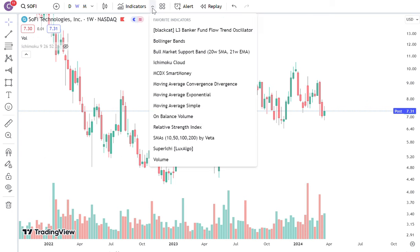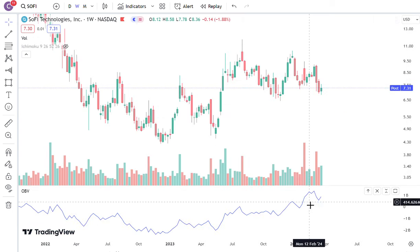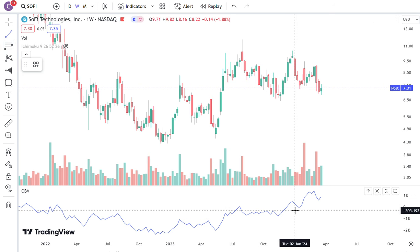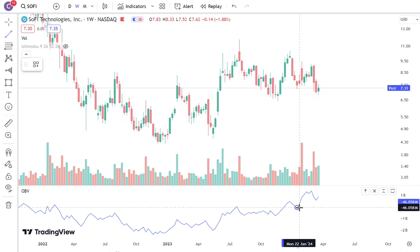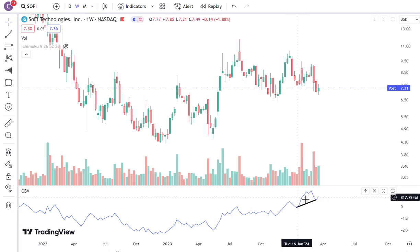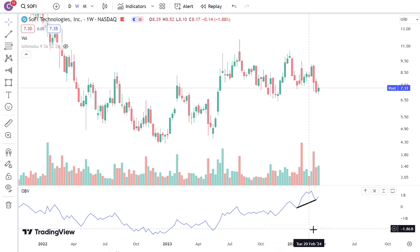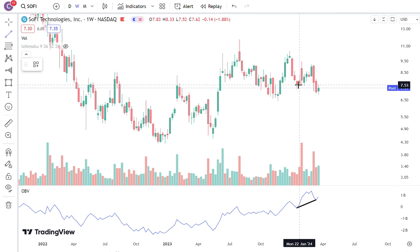Another thing I also want to make sure that you know, I also talked about on X too, that makes no sense, is this on-balance volume thing. On-balance volume tells you how much buying pressure or selling pressure there is. Over the last couple months, there has been a lot of buying pressure behind the scenes, and you'd be looking like, what are you talking about, buying pressure? You have all these selling candles over here, a big volume. What do you mean by that? Well, this doesn't lie. There's a lot of buying pressure,